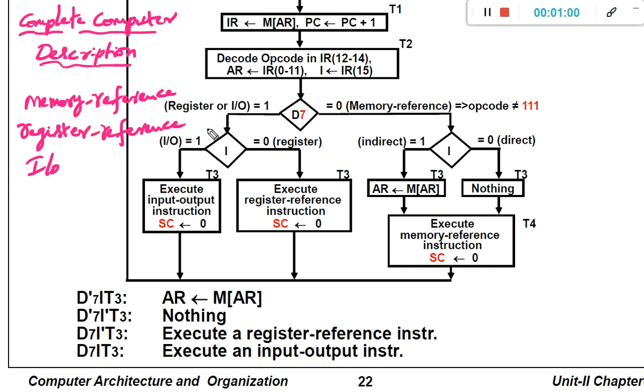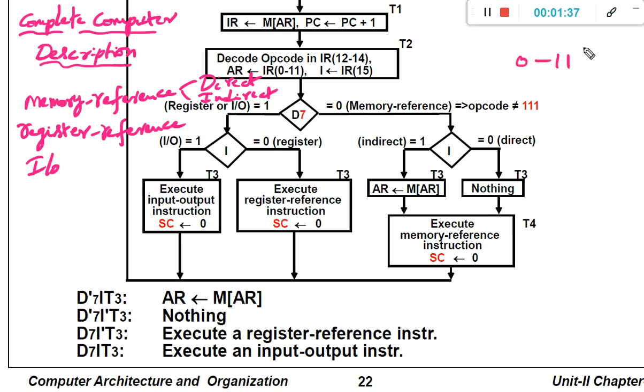Now in this diagram which we have seen previously, we had derived the codes for memory reference instructions, register reference instructions, as well as the IO instructions. However, in case of the memory reference instructions, there are two categories. One is with direct address, another one is with indirect address. So direct address memory reference instruction, indirect address memory reference instruction. What does it mean from 0 to 11?